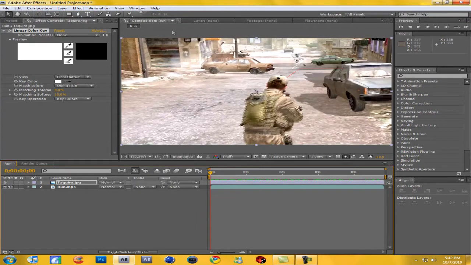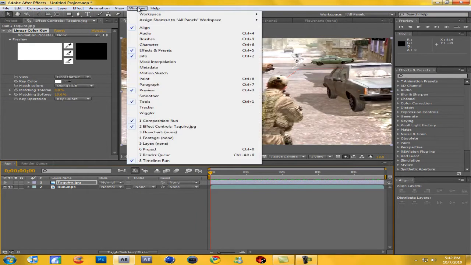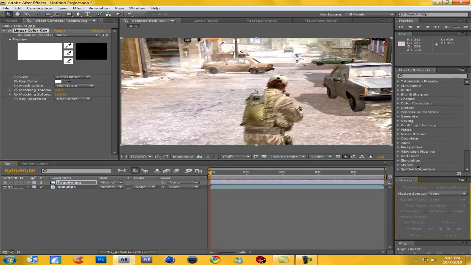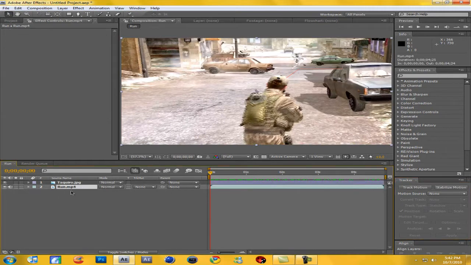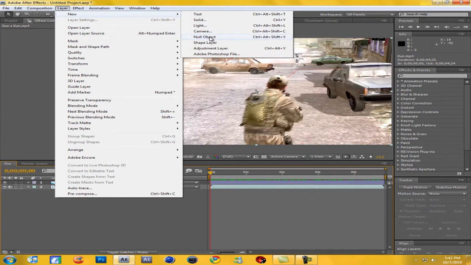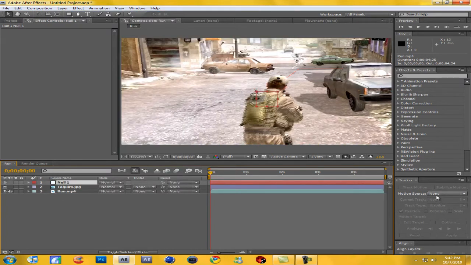So what we're gonna do is go to Window, and then go down to Tracker. I think CS3 has this. I know for a fact CS4 and 5 have this, but if you don't, then I don't know. So now select your clip and go to Layer, New, Null Object. Okay, now for the tracker,